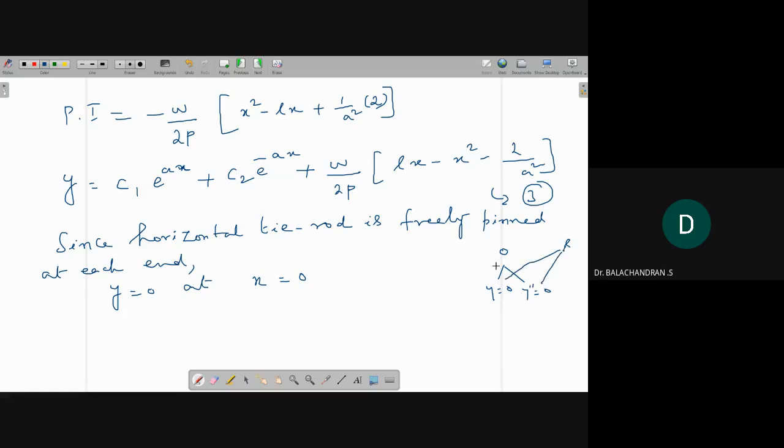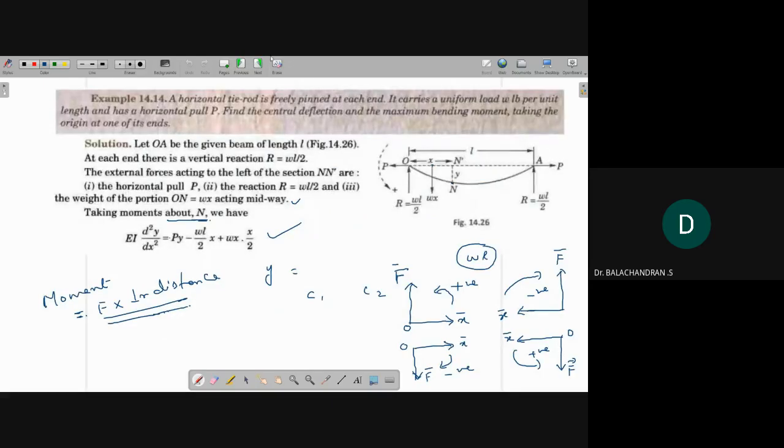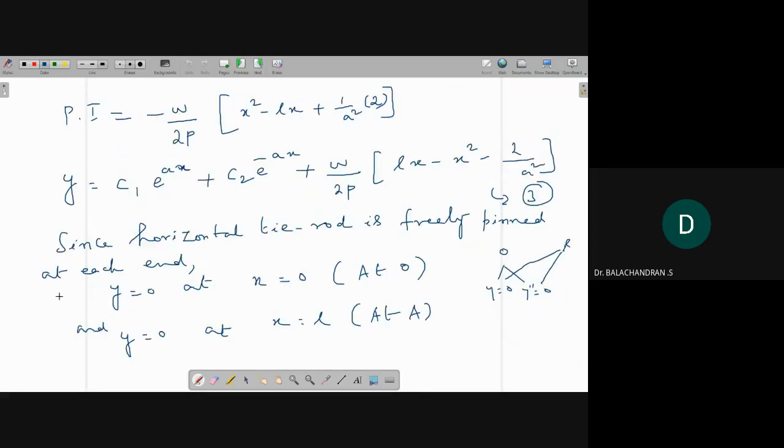First I will write, this is at the origin. Similarly, y equal to 0 at x is equal to L. This is at the capital A, this is the point here, and here this is O, the origin. Okay, now I am going to use the first condition in equation 3. So then you will get,